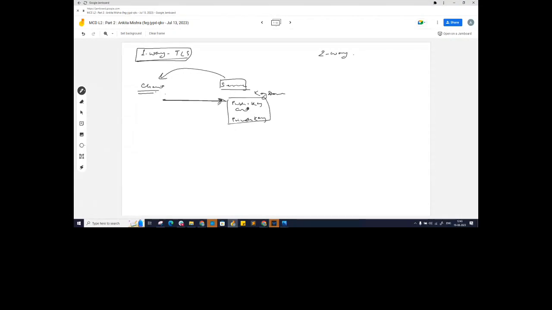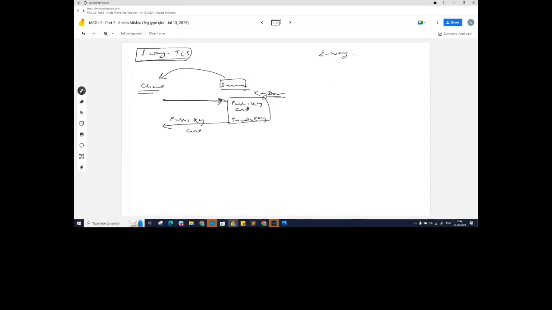Okay. Now the client will send a message to the server, and this is the ID card of the server. The server's ID card is the key store. So whenever the certificates and the keys have to be stored, they will be stored in the key store. Now the server will show the ID card to the client. The server will share his public key and the certificate with the client.